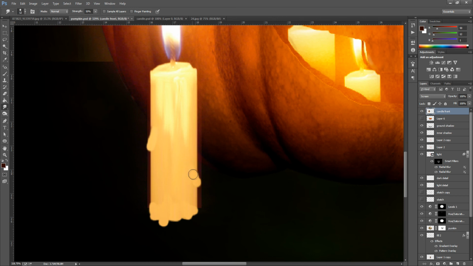and do the same to the other, like that, and do that to the bottom, like that.